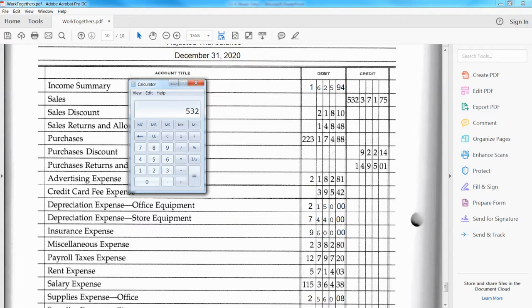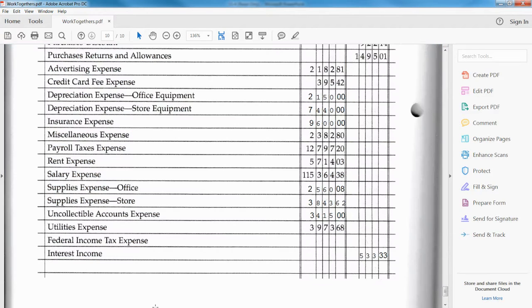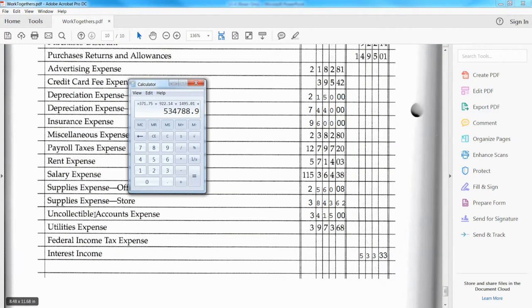So 532,371.75 plus 922.14 plus 1495.01 plus 533.33